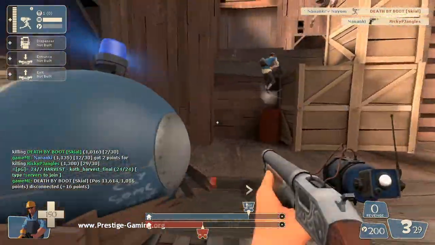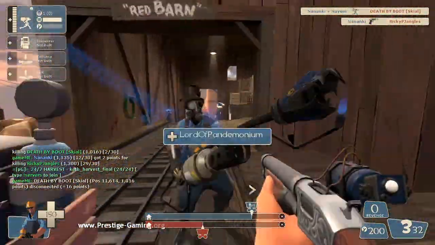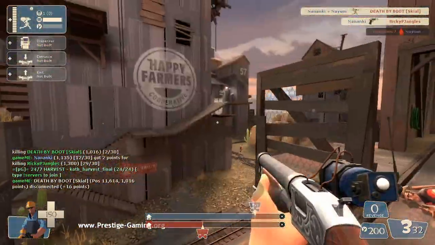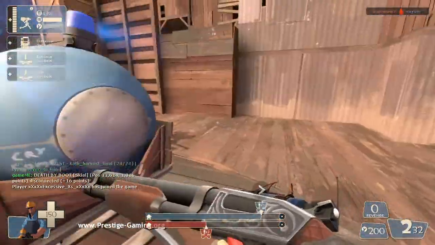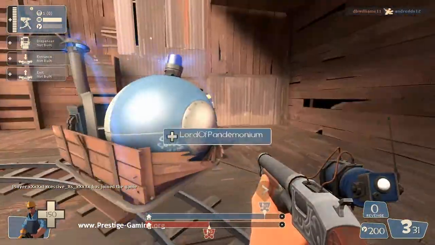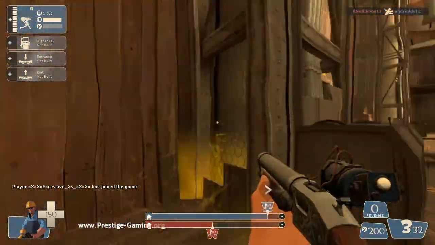Playing on Hightower, I think it's called, payload race map. You can tell by the fact that I don't know the map's name that I haven't played on it too often. And today I am using the Frontier Justice, the pistol, and the Gunslinger, which lets you build the mini-sentries,